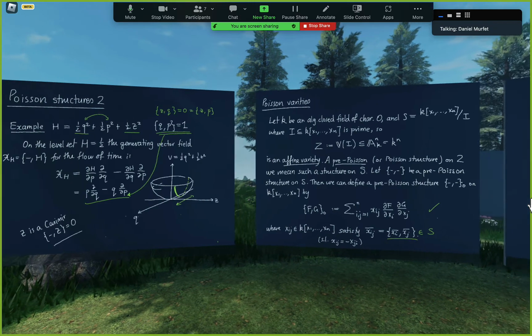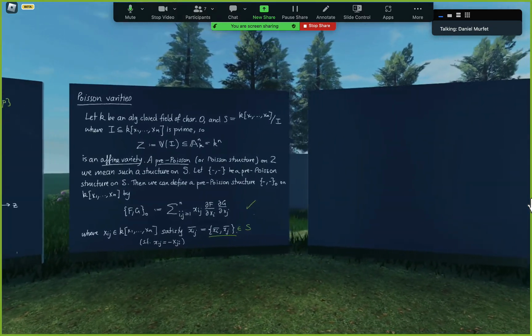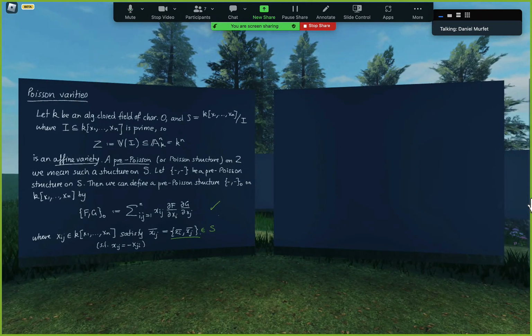So what I'm trying to do is to figure out how to get Poisson structures on the quotient. If I had one, then I could construct this antisymmetric matrix of representatives in the polynomial ring. And what more can I say from that point? So for this pairing {,}_0 to induce a pairing on S, we need at least that